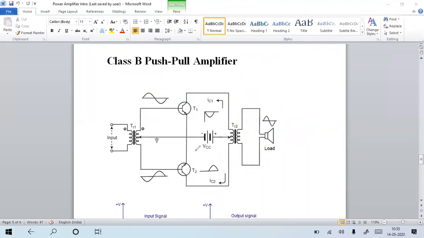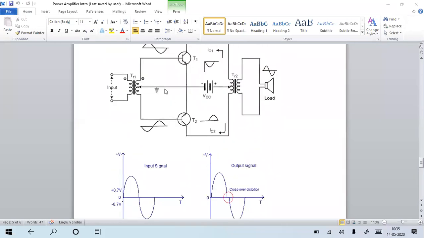Now, what is the problem in the class B amplifier? The major problem is crossover distortion. We get the complete output cycle with the help of a push-pull arrangement or a complementary arrangement. That means when this transistor is on during the positive cycle of the input, the other transistor is pulled into off, and during the next cycle it has to be pushed into on. This process is repeated. In this arrangement the same type of transistor is used on both sides, but in the complementary type of class B, one is an NPN transistor and the other is a PNP transistor.